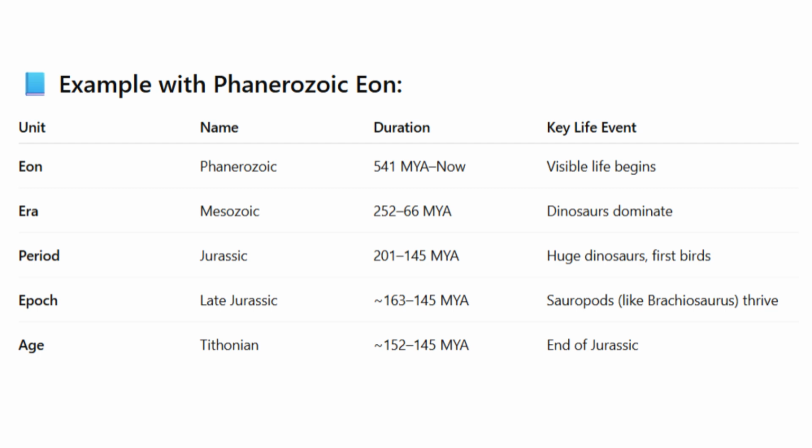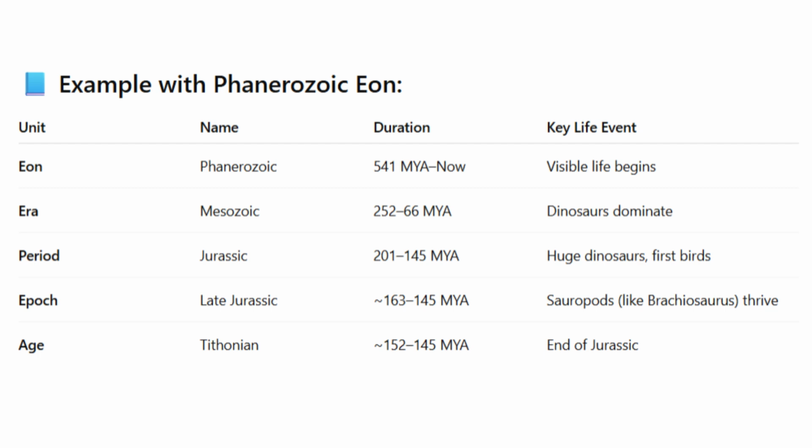As we zoom in, we reach the late Jurassic epoch, from around 163 to 145 million years ago. This is when sauropods, those long-necked giants, dominated the continents. And finally the Tithonian Age, the very last chapter of the Jurassic period. It lasted from about 152 to 145 million years ago, marking the final breath of the Jurassic world before the